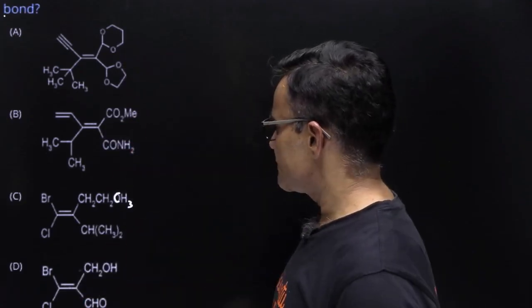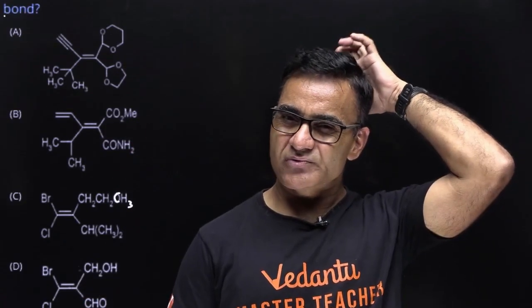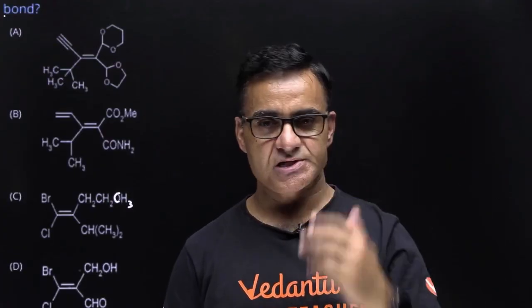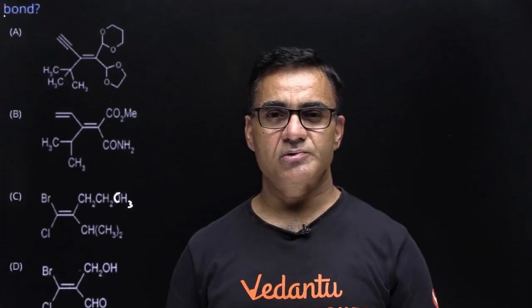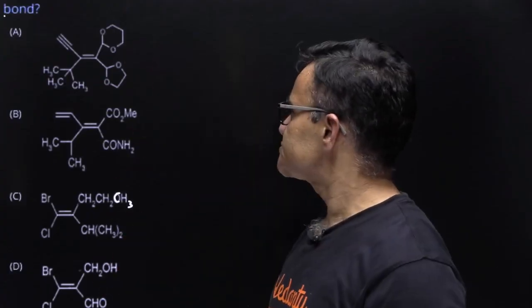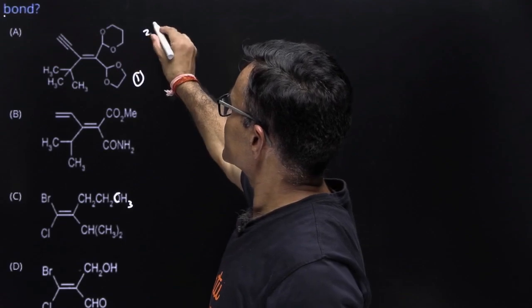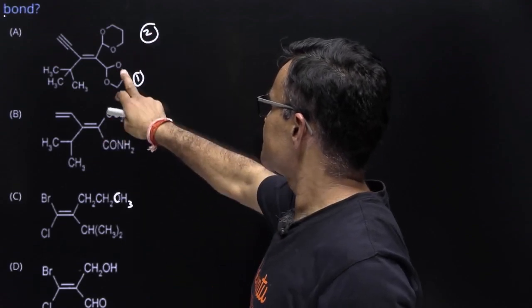यहाँ पे 4 कंपाउंड दिए हुए हैं, इसमें बोला है कि Z कॉन्फ़िगरेशन किसका होगा। हम सबको पता है कि यदि सिमिलर प्रायोरिटी के ग्रुप डबल बॉन्ड के सेम साइड में हो तो वो Z होता है, अपोजिट साइड में हो तो E होता है। तो सारे ऑप्शंस एक बार चेक करने पड़ेंगे। इन दोनों में बात करेंगे तो ये आपका 1 प्रायोरिटी है, ये 2 प्रायोरिटी है।